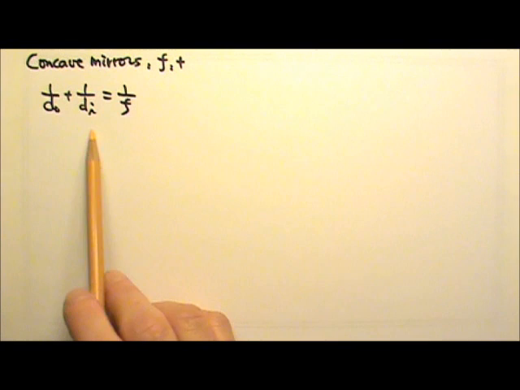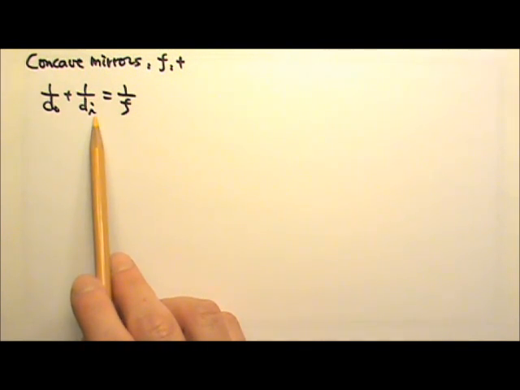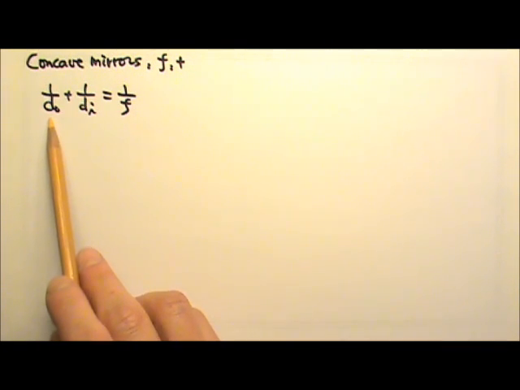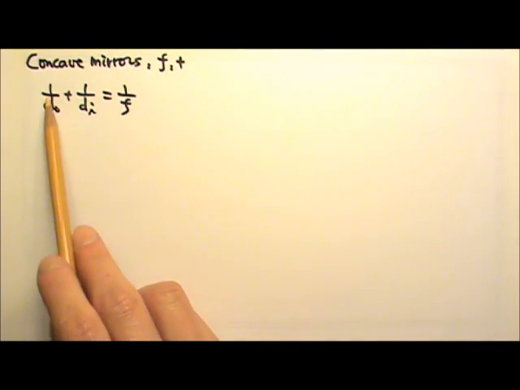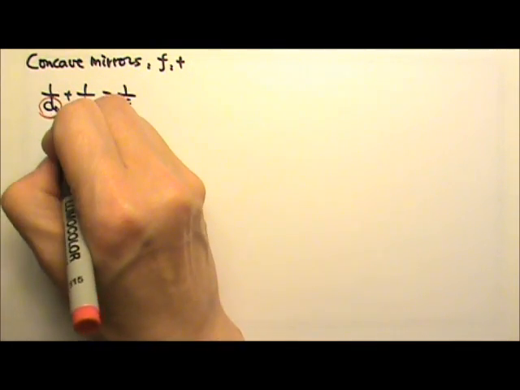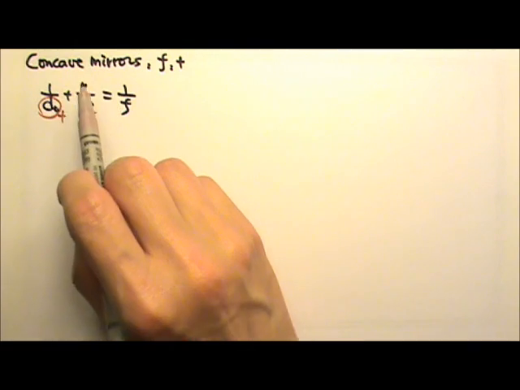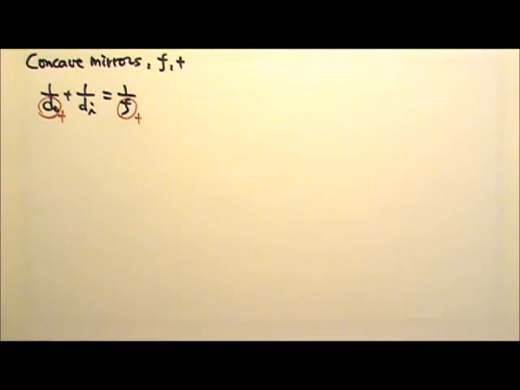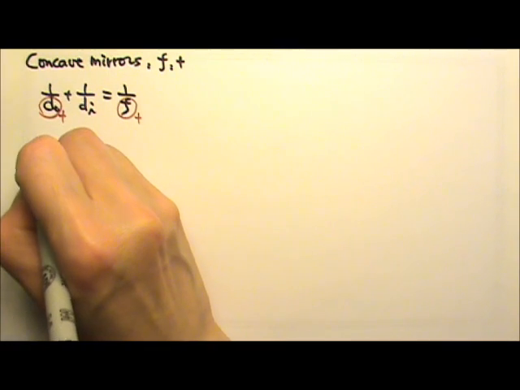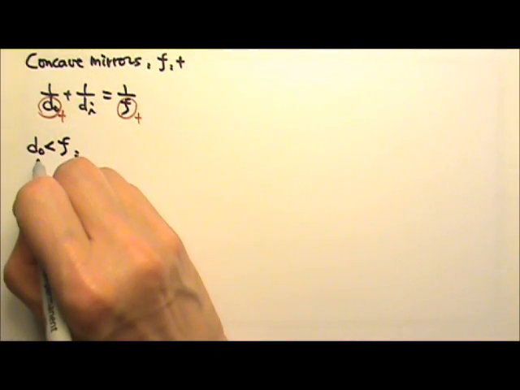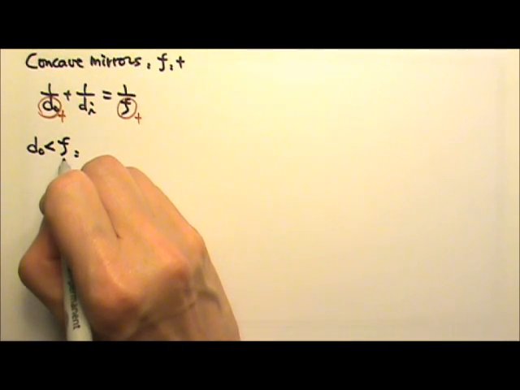Let's look at the mirror equation. 1 over dO plus 1 over dI equals 1 over F. For images produced by a single mirror or a single lens, object distance dO is always positive. So dO is positive. For a concave mirror, the focal length F is also positive. So if dO is smaller than the focal length, which means the object is placed within the focal length, then,